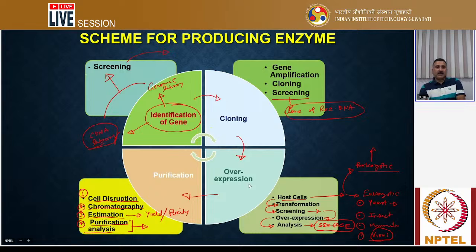And then we also discussed that all these processes can only be done if you have an enzyme. So we discussed how you can clone the enzyme, how you can do the overexpression, how you can do the purification, and so on. In detail, we discussed how you can identify a gene for a particular enzyme, how to proceed when the genomics are not known, or if you don't know the genomic sequences and only the cDNA sequences are known, and so on.